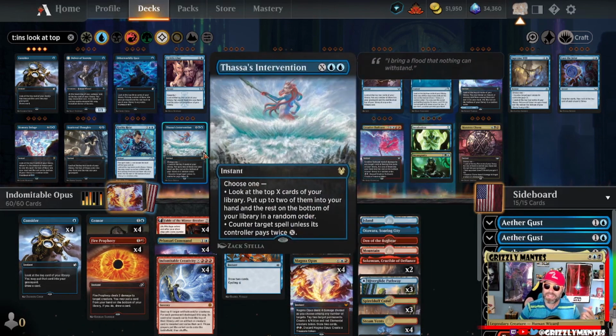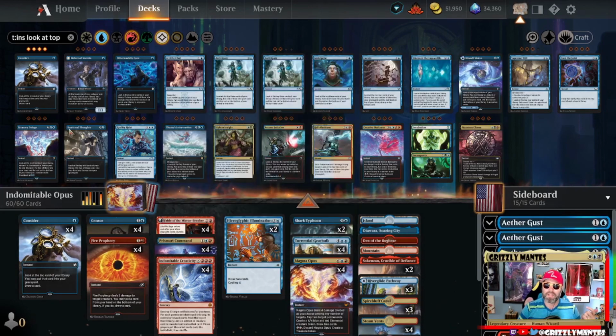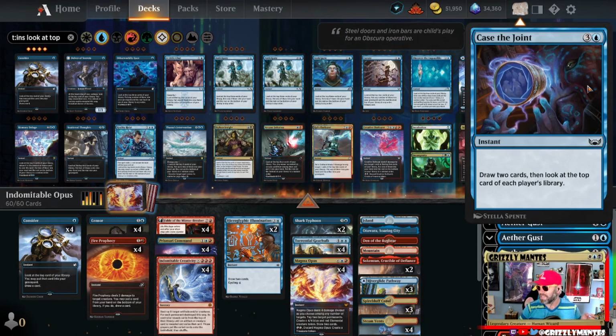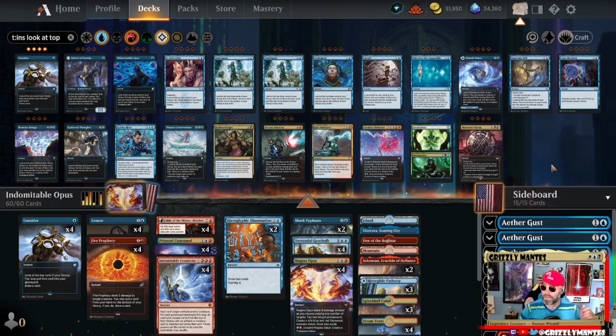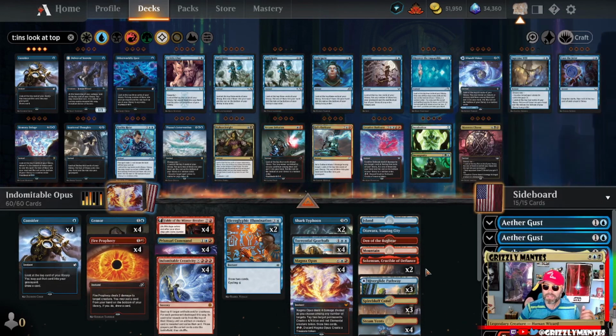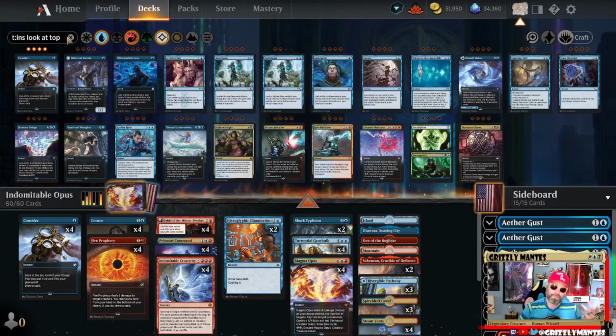I kept looking. It's like, nah, Thassa's Intervention won't work. None of my other draw spells were working. I forget what it came down to. It was, let's see, draw 2 cards and look at tap card down. Who cares about that? I thought there was another one I had, but there really isn't. So, what I ended up going with,